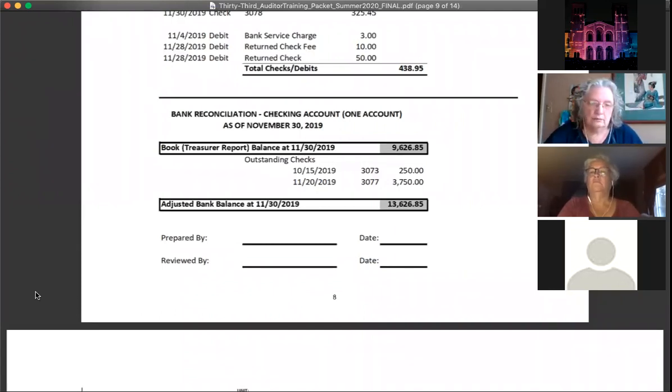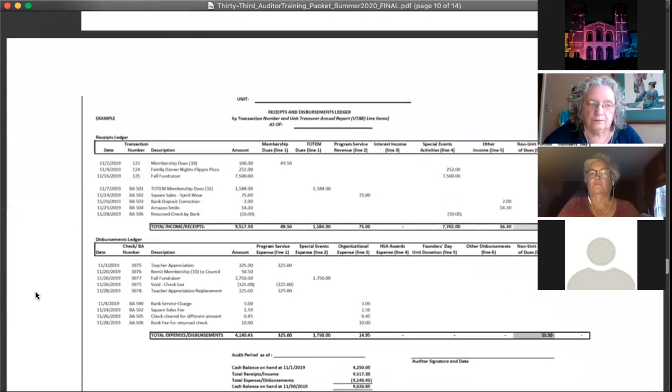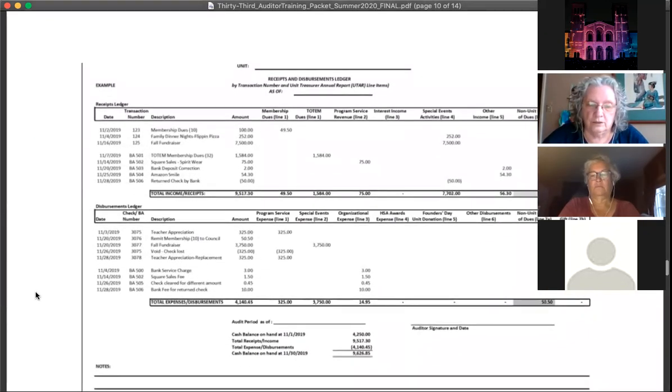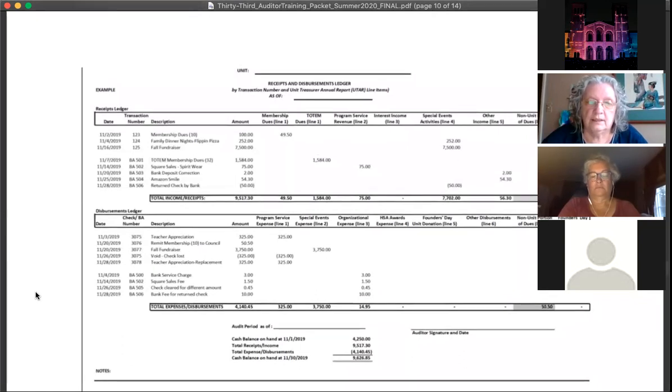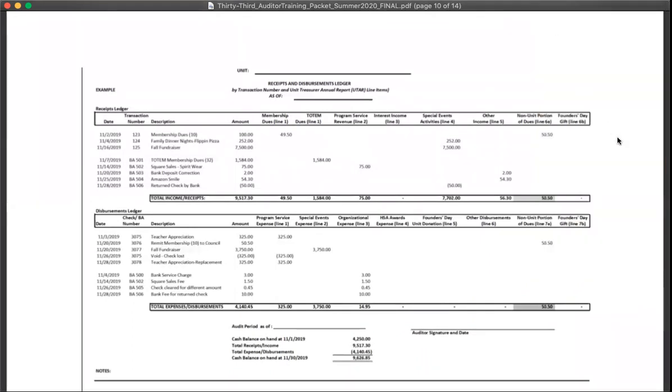Okay, and then the last one before we take a break for questions. On your audit checklist, you're going to see that a ledger needs to be prepared. And this one is by transaction number. And I've put the heading